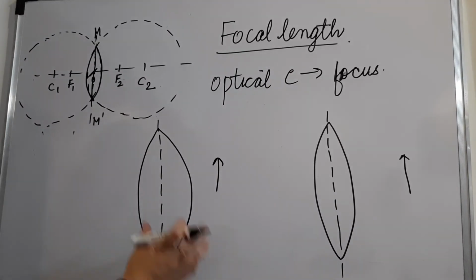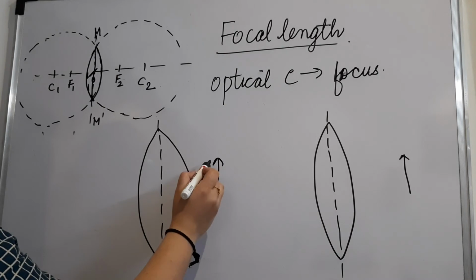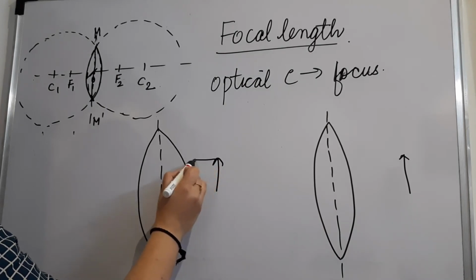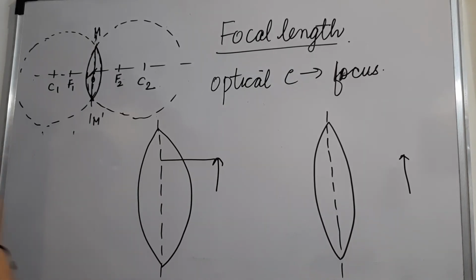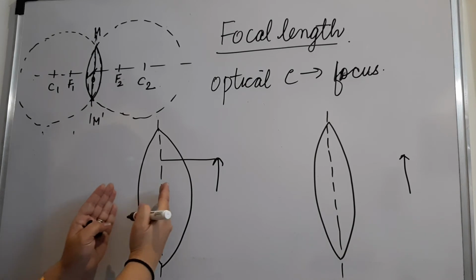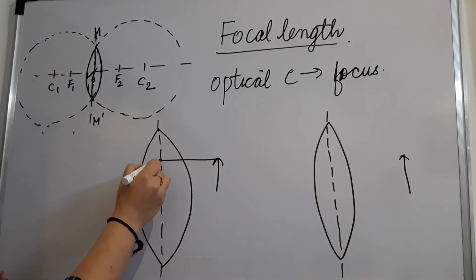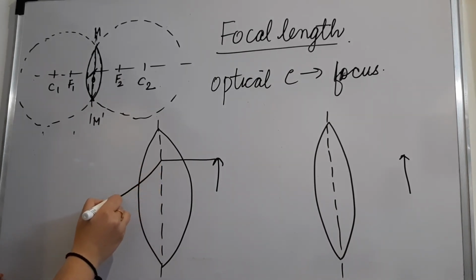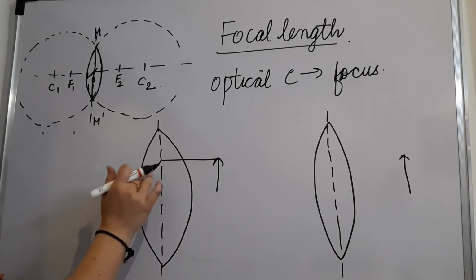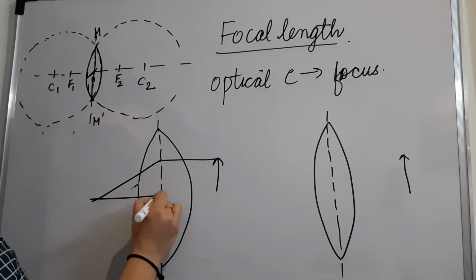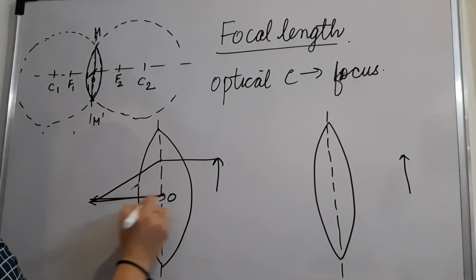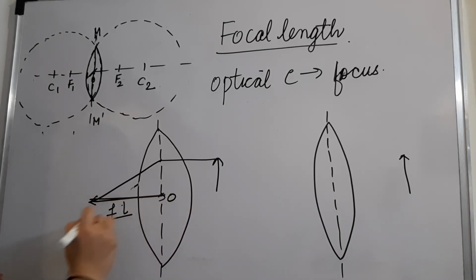So now I have two lenses, both are convex lens. If the ray goes from here, it has to bend, refraction will take place. Now here, because this is thick, there will be more refraction because there is more area. So the bending will be more, and finally the focal length that you will be getting for this lens will be less. Now let's say this is the optical center. So basically this is the focal length that you are getting. I hope you have understood.